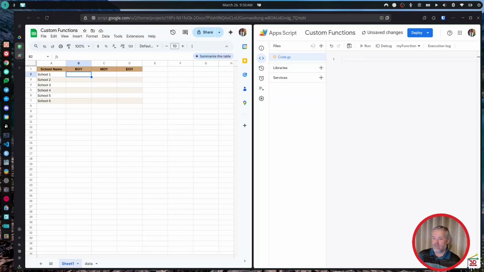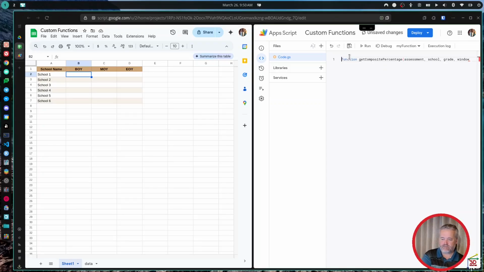So what we want to do is we are going to create a function called get composite percentage. We're going to put this in here. And so what this says is this is a function, and it's called get composite percentage. And we are going to filter by 4 different variables. And those 4 variables are